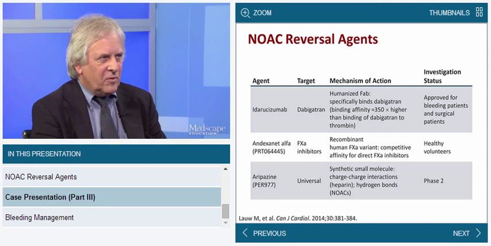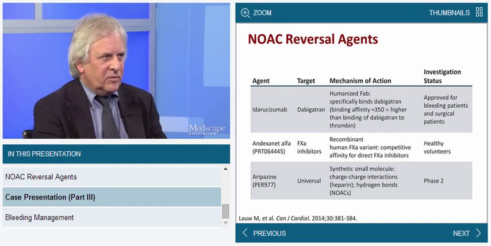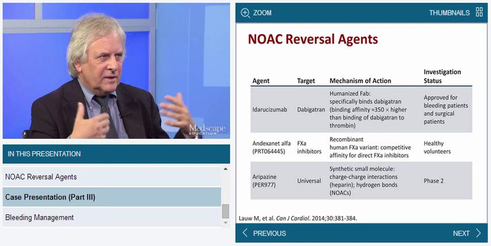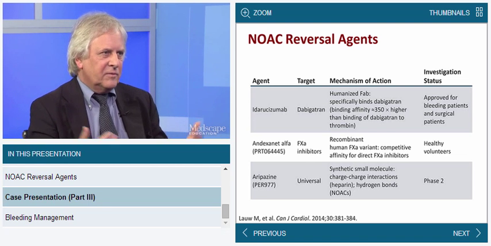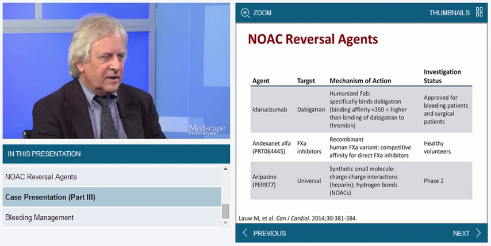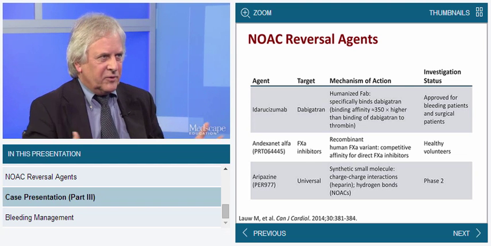Yes. And from all what we know, there is no interaction between the antidotes and TPA. So there is no concern that there would be an increased bleeding risk or there would be pro-thrombotic activity of the antidote. So I think this would be, but we need to collect prospectively information now about this concept.